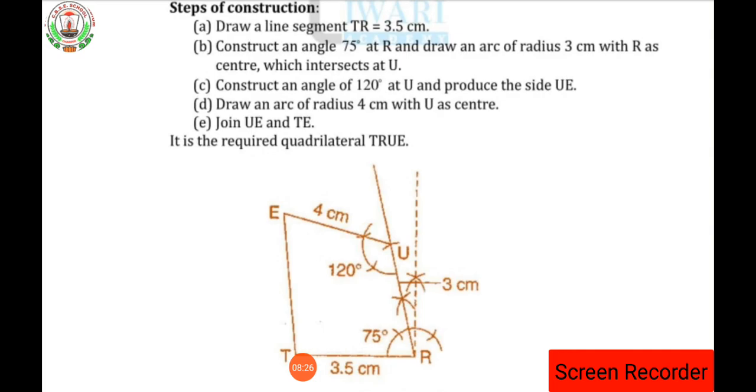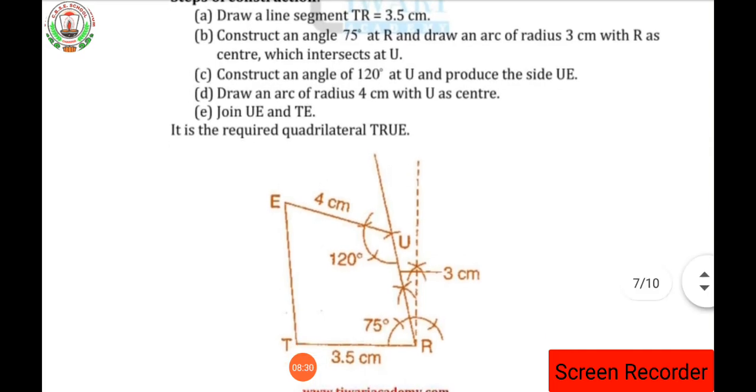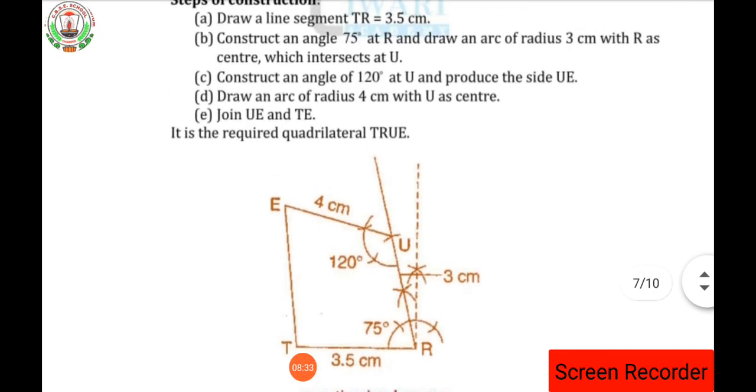Then join UE and TE. Therefore, TRUE is the required quadrilateral. So in this way you have to draw the quadrilateral. So this one is the quadrilateral, students, you have to draw it. Clear everyone? So for